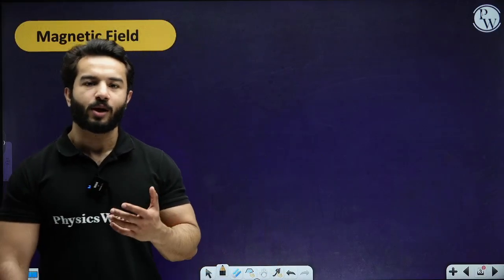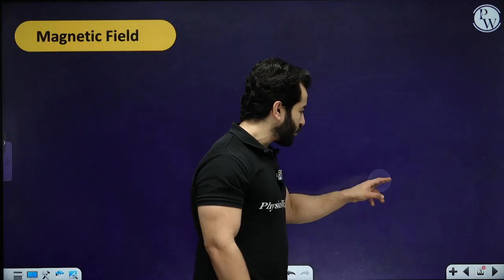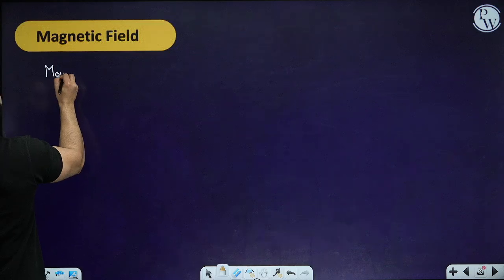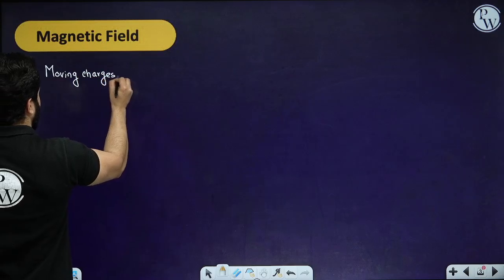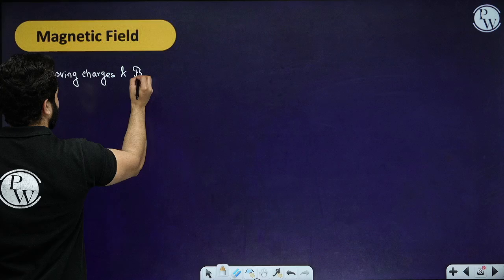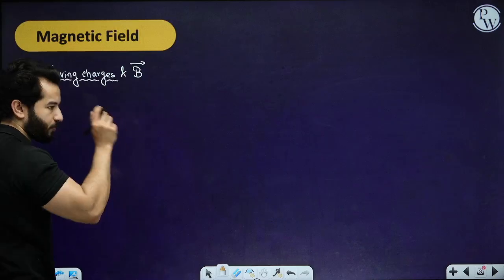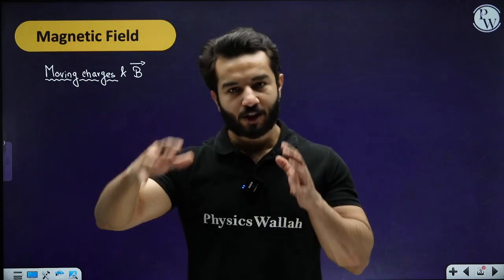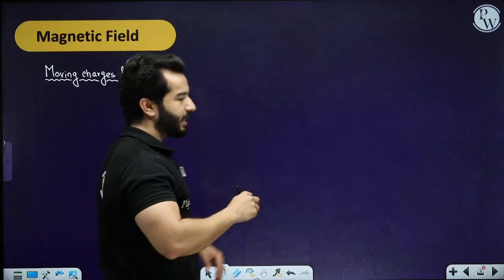How are we going to define magnetic field, right? If you look into the NCERT, the name of this chapter is basically moving charges and magnetic field. So we are going to discuss the moving charges part in the second part of this chapter. First we are discussing the magnetic field, but still let me give you an overview